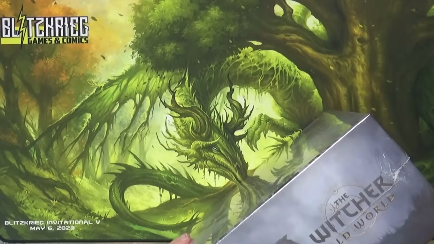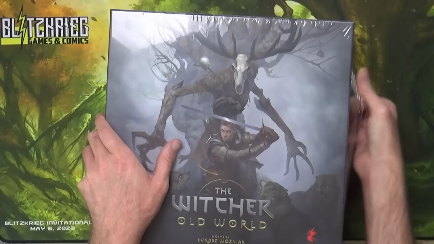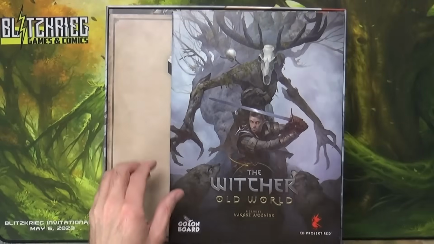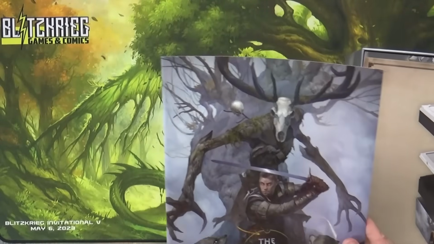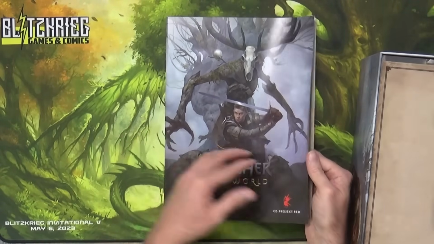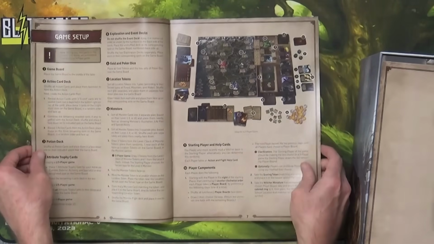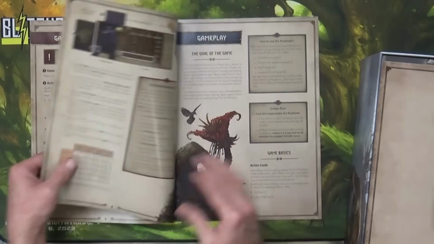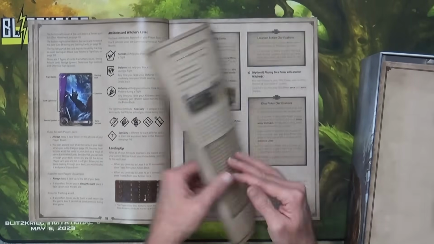So let's take a look at this and see what it's all about. Like I said, this is an old bud's of mine, so we're going to check it out, see what it looks like. Okay. Well, I'm going to move this out of the way so we can take a closer look at this rule book and just see how it lays out and looks. So, pretty thick here, but we got the components just like you would expect, along with the game setup. Then we get into the gameplay, which looks like